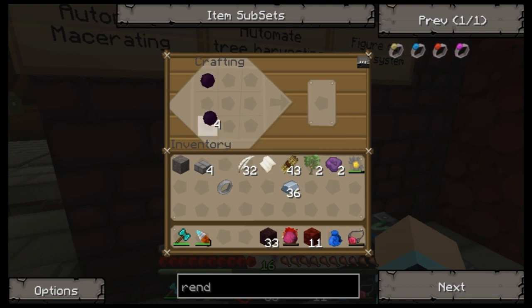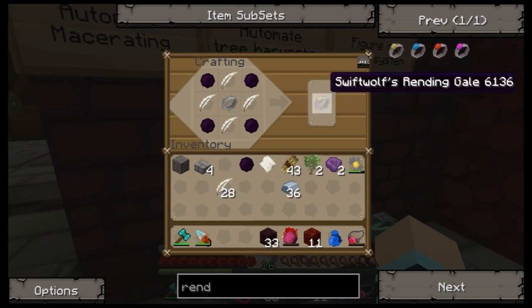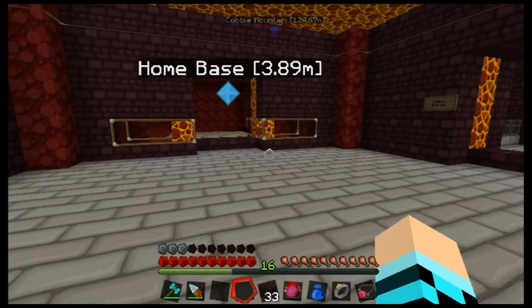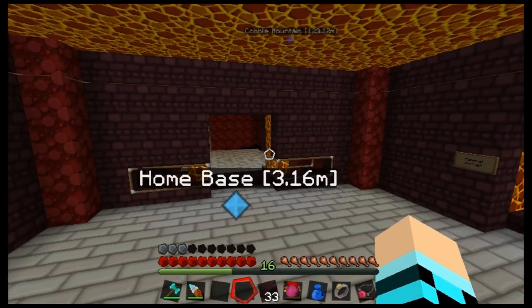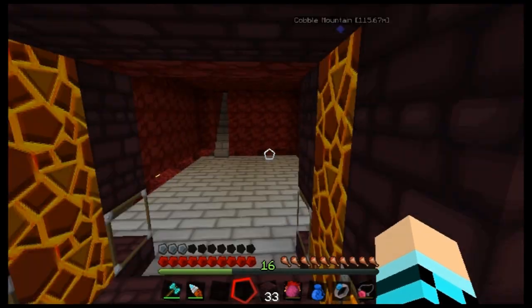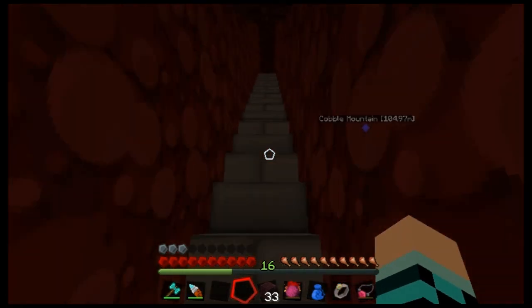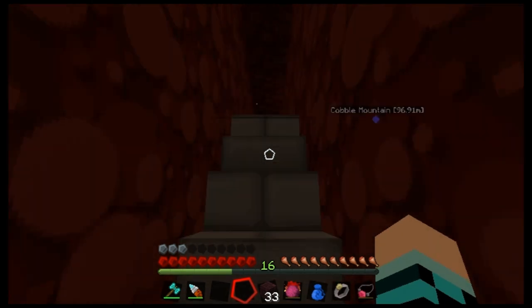Okay, so dark matter in the corners. Feathers filling the ring. And ring in the middle, and that makes us a Swiftwolf's Rending Gale. And the easiest and most obvious result is that we can now fly, with pretty much the same amount of speed as we could when we were sat on the top of lava